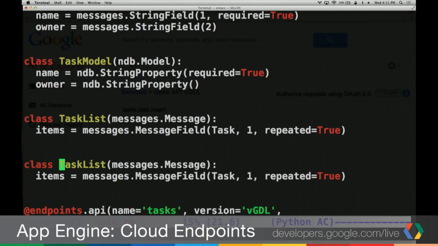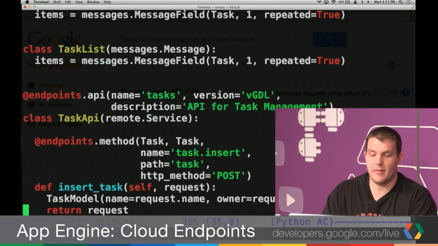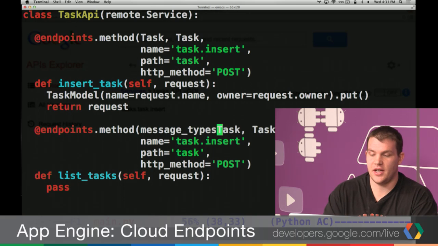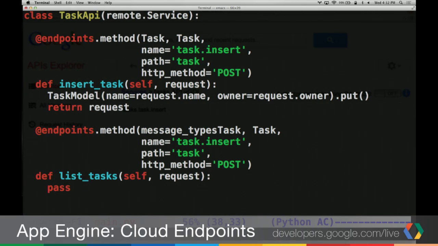I think it's ProtoRPC message types. I believe in ProtoRPC message types, there is a class called void message, and void message is for things like a simple query like this, where you don't actually want to send any information in the query, you just want information